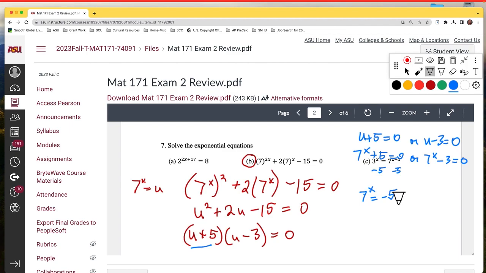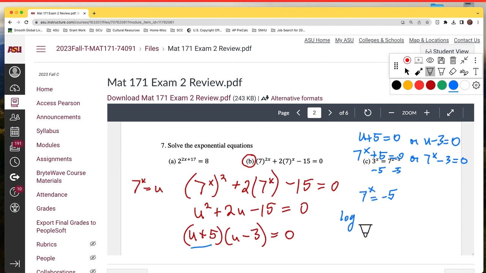What's that? You put the negative 5 above 7 and it equals x. Negative 5. Don't you flip the x and negative 5 to try to solve them? Okay, you've got the right idea. Yeah, so we do the log dance. So we turn it into a logarithm. We could do this as,